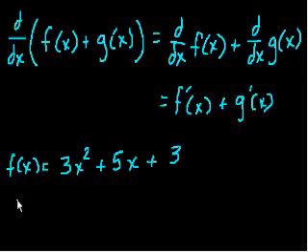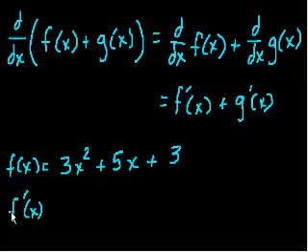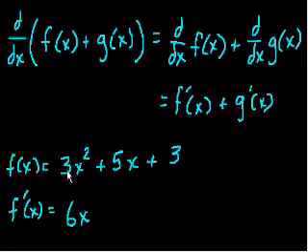Well, if we just want to figure out the derivative, we just find the derivative of each of these terms. This is 3 times the derivative of x squared. The derivative of x squared we already figured out is 2x, right? So this becomes 6x. Really, you just take the 2, multiply it by the 3, and then decrement the 2 by 1. So it's really 6x to the first, which is the same thing as 6x,